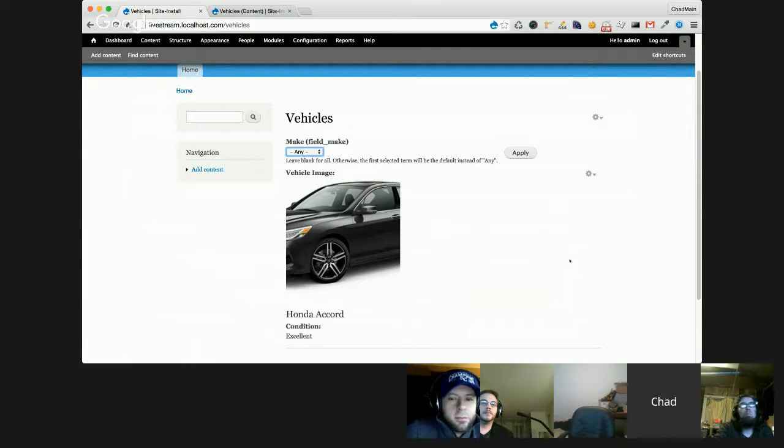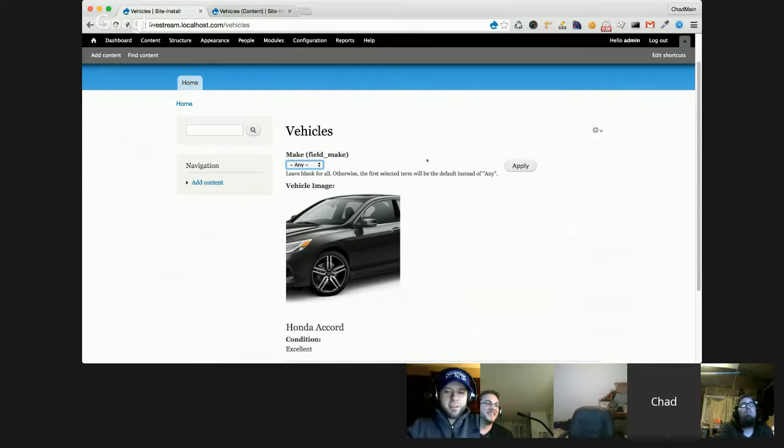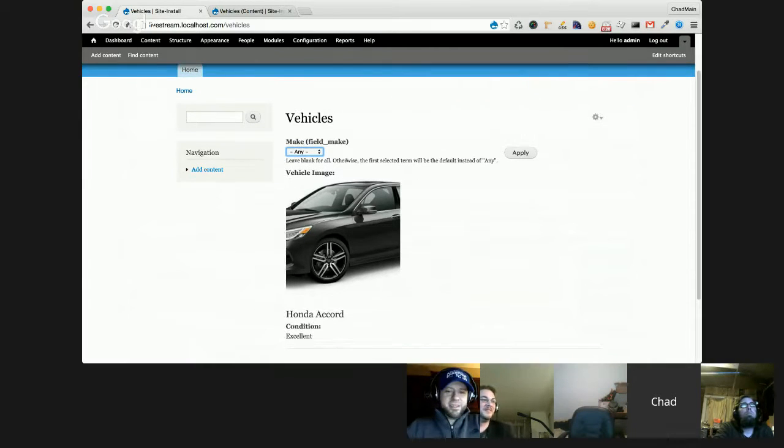So this is what really makes Drupal extremely powerful. This is an extremely basic version of this, but just think, if you ran a dealership, we've got content types and a view of your vehicles up in less than an hour, so it's a pretty powerful tool. But let's see. I think with that.